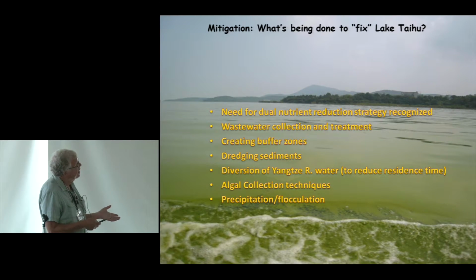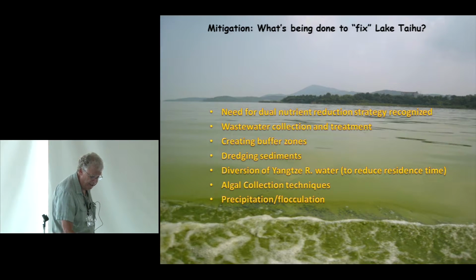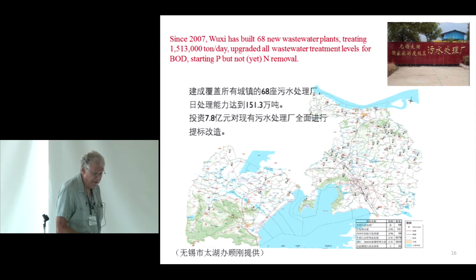And this lake, Taihu, is the 3rd largest lake in China. About 20 million people depend on the lake for drinking water. The lake has changed from a diatom-dominated lake, very desirable, to a cyanobacterial lake within 2 decades, basically. And now we're faced with the problem of essentially putting these mitigation strategies into play based on what we know.